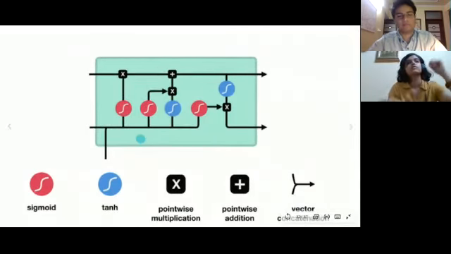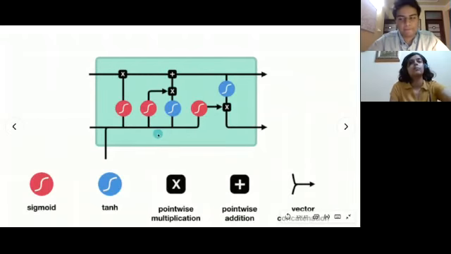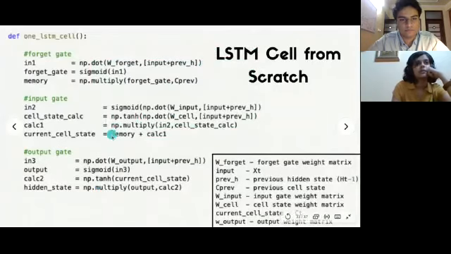Sorry about that. So basically, this multiplication here tells us what we're supposed to retain from our current input, and the whole thing is added to our pre-existing cell state. Okay. So now let's look at the code for the same. Next slide. Okay, so here we've got the sigmoid. First let's look at this combination. The same thing, input and previous hidden state. But now you can notice that it's multiplied by the input weight matrix.